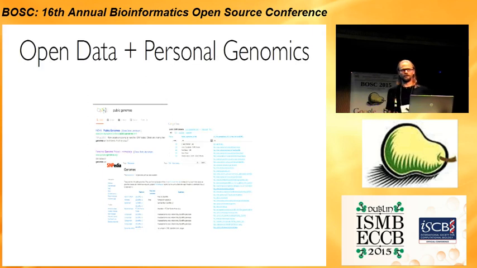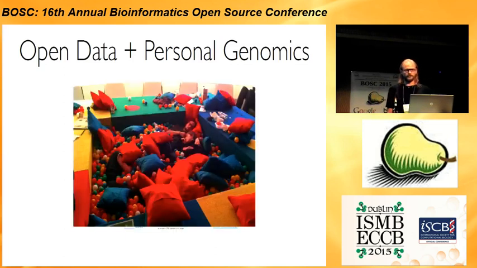And the status of open data for personal genomics, at least in 2011, when we started the project, was like this. You could basically start Googling for personal genomes somewhere on the web, and then you would find some data on GitHub, like mine, or you would find those funny Google spreadsheets somewhere. And at the end of the day, it was still a mess, and you were very tired of just looking for it, and then you would fall asleep in the ball pit like I did.